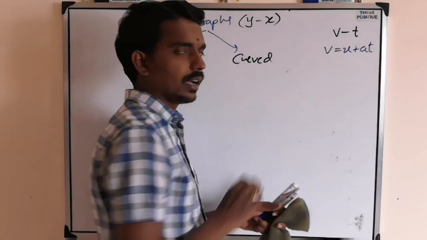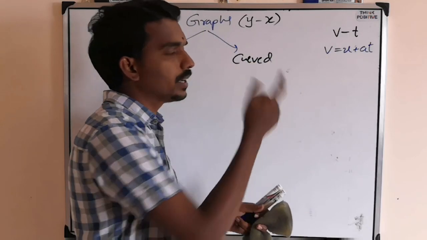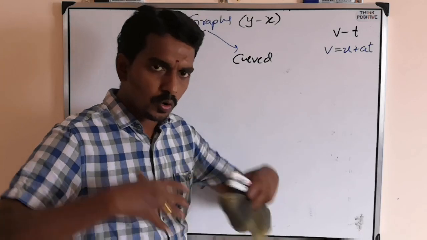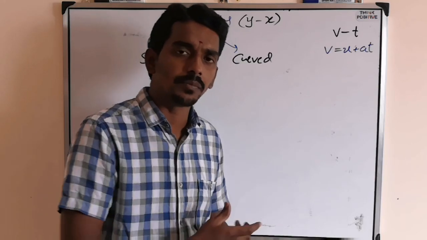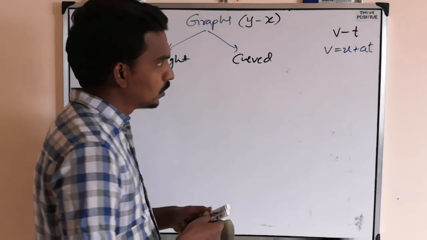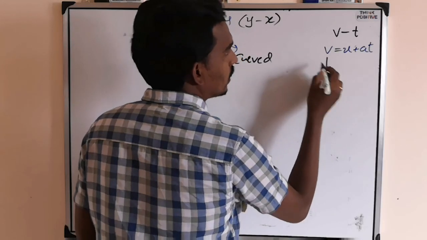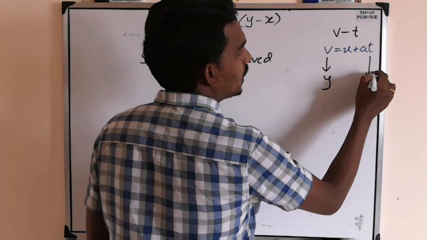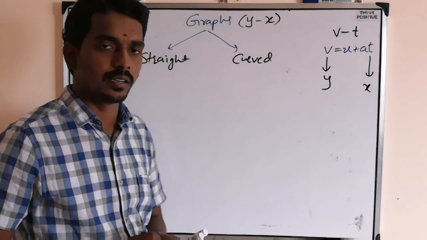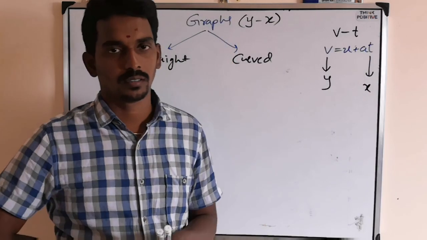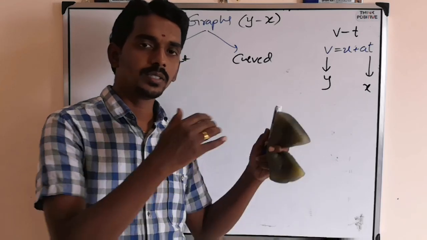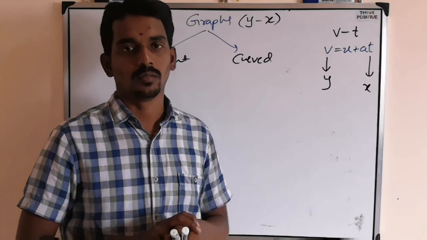They are asking for a v-t graph. Then you need a relation between v and t, but that must be related to a particular concept. You should know the concept, you should remember the formula, and you should take it properly. Then what we have to do? You have to take v as y and t as x. Then you need to compare this physics equation with general mathematical equations. What are the general equations which come in graphs? That we need to understand now.